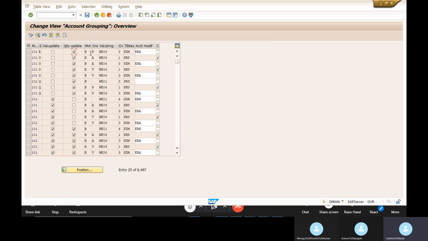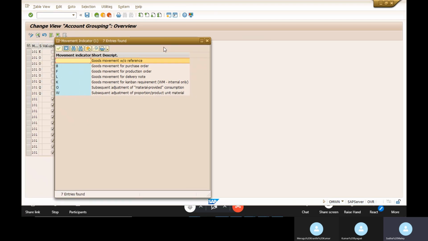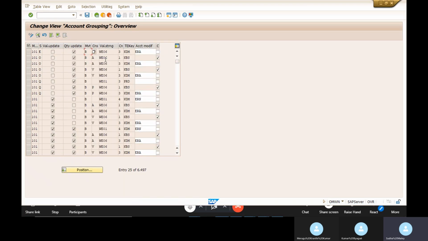The movement indicator is also important. There are different movement indicators: goods movement without a reference, for a purchase order, for a production order. Even though the movement type is the same, sometimes the indicator, whatever the reference document is, is different. That you will call the movement indicator.